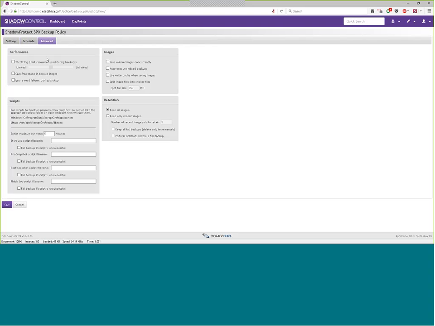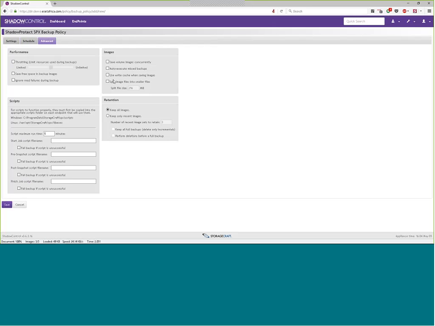Then on the advanced option, as I mentioned earlier with Image Manager, you can throttle things like the verification and the bandwidth usage for the replication. You can also throttle the resource utilization of the actual backup policies. You can also do things like auto-executing missed backups, which is great if a machine wasn't on the network. So maybe someone's left with their laptop, they come back to the office, and now it'll continue to back up and account for all of the data that has not been backed up during the time that they were away.